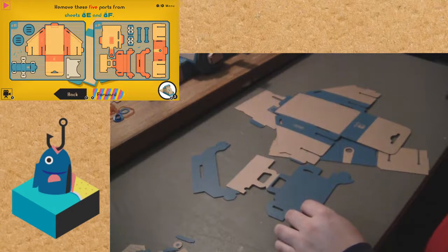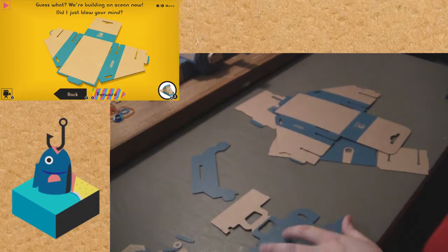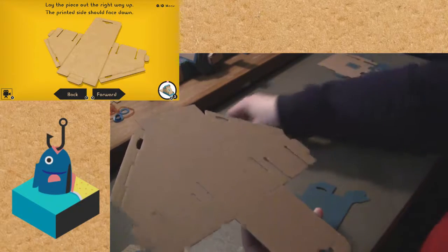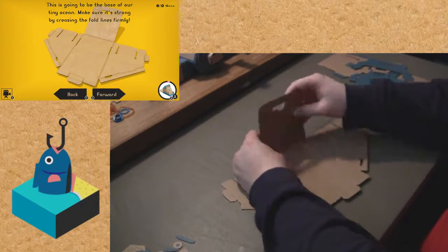Okay, moving on. We're building an ocean now, except, yeah, you just blew our mind. Well, how are we building an ocean? Okay. So we're going to take the big piece here. We're going to take the rest of these off to the side and turn to them later. Okay, so we have this flip upside down, and we go...